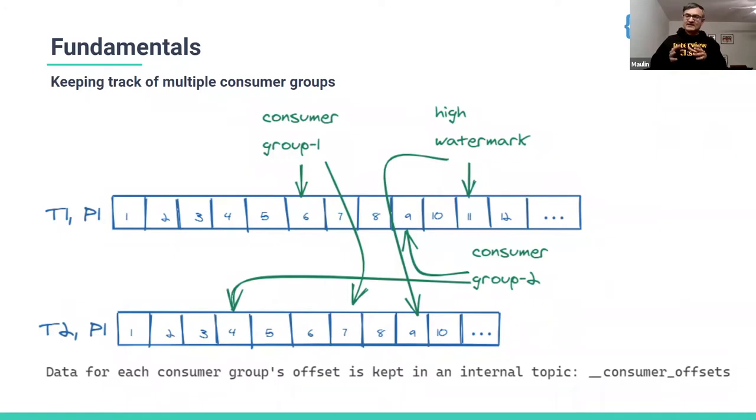Those message offsets for each partition, for each consumer group, are maintained in an internal topic called consumer offsets. And as you can see, obviously different partitions are getting consumed at different rates, because the ingestion rate could be different and the processing rate could be different. The high watermark is also there for each partition, regardless of the consumer group. Each consumer group's offsets will not go beyond the high watermark. If it hits the high watermark, it is going to wait until the high watermark moves and makes more data available for consumption.